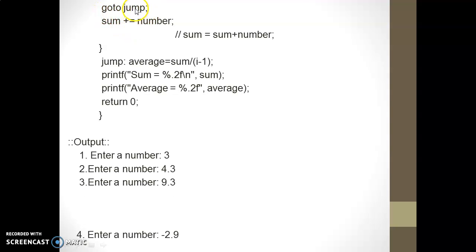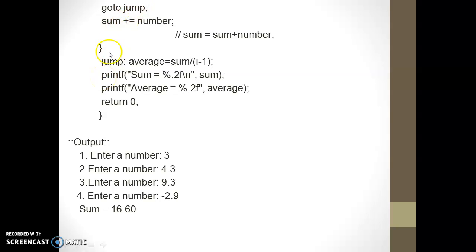Jump is a label. Whenever the compiler finds the goto statement, it will look for the jump label in the program. So it will find jump over here. From this statement, it will directly jump to this statement: average is equal to sum divided by i minus 1. So this is the label.